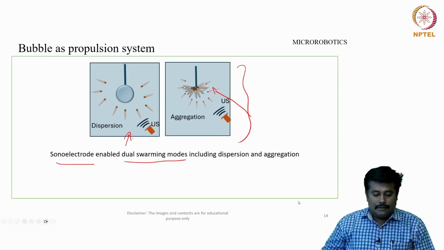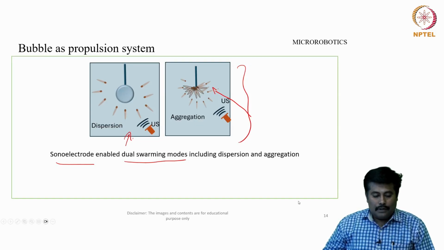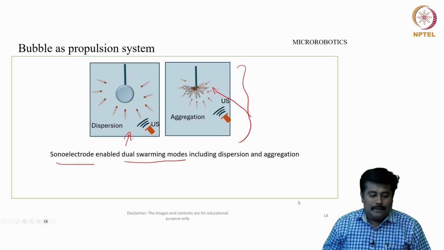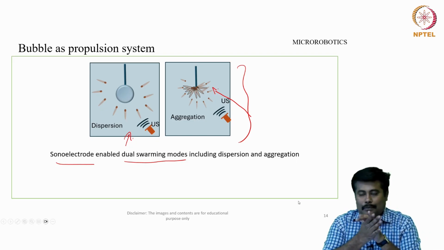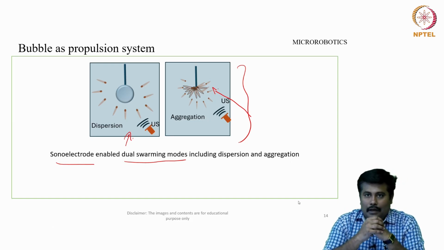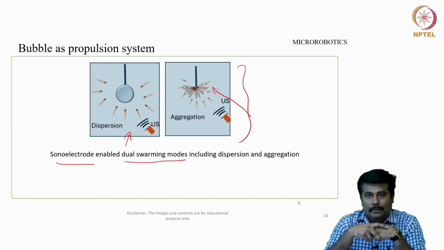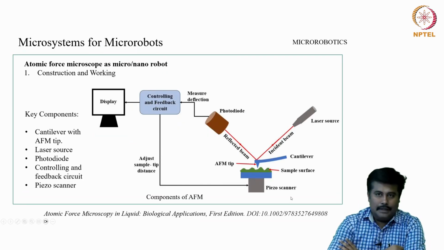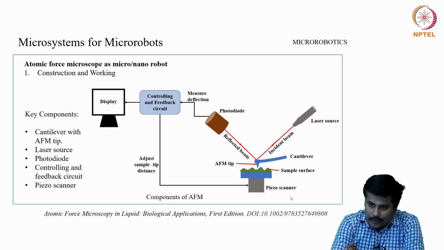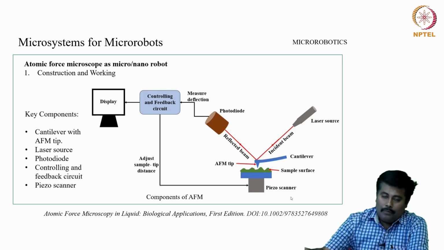In the last class, we had discussed the overall propulsion mechanism and the key aspects related to it. We had discussed the varying modes of propulsion mechanism in detail. In today's lecture, we will take up a case study, an AFM, which is called an atomic force